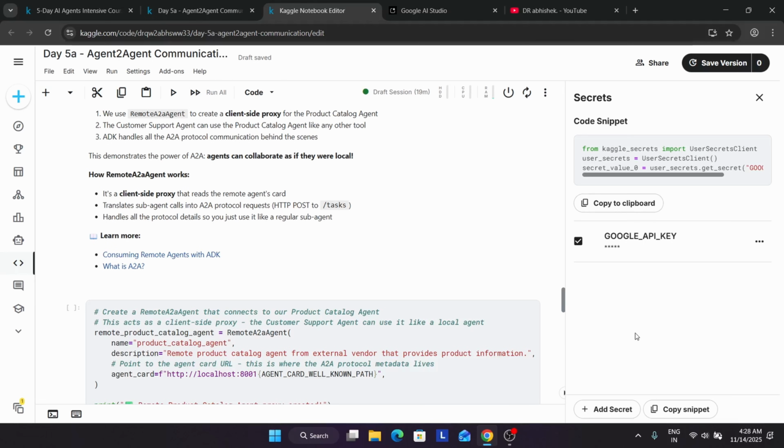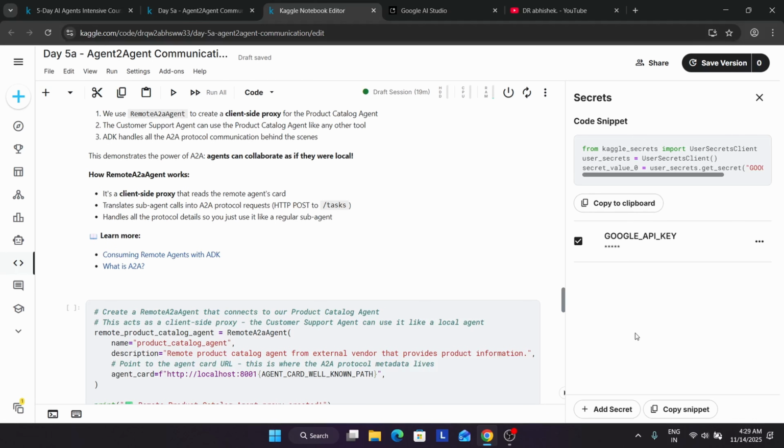Think of a remote A2A agent as creating a virtual copy, or personal assistant, for your remote friend. This assistant lives right next to you, like someone who lives right next to your friend's house. The assistant, the client-side proxy, is on our computer. It is not the actual remote agent, it's just a local stand-in agent that knows how to talk like a real one.